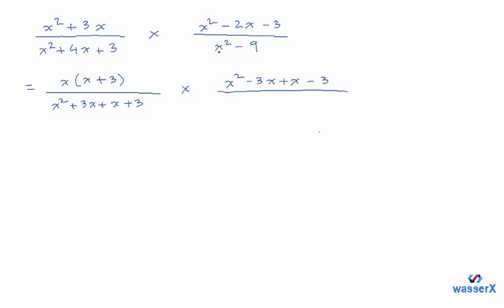Now you could think of this as a squared minus b squared. You know that a squared minus b squared is equal to a plus b times a minus b, right? So we have x squared, so x is our a, minus 9, which is 3 squared, so 3 is our b. So let's rewrite this as a plus b, which is x plus 3, times a minus b, which is x minus 3. So we have x times x plus 3,